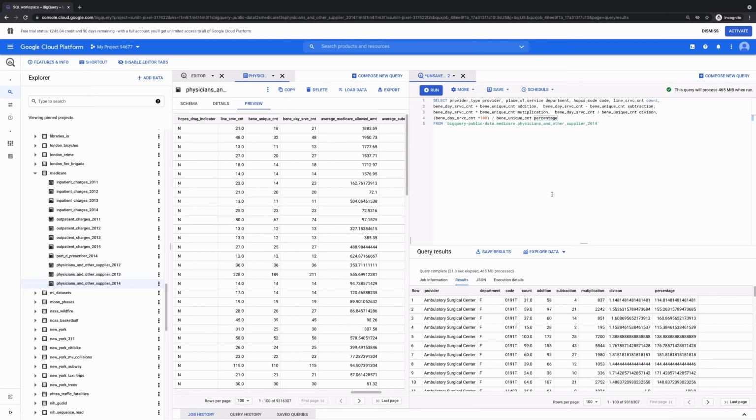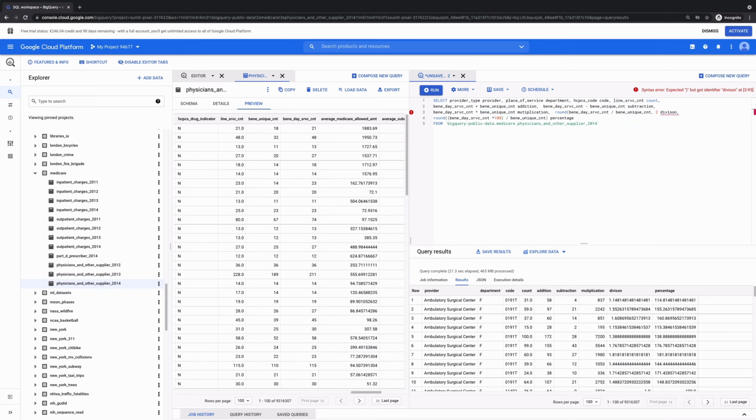To correct this, we can put a round function around the calculation part. If we put a round like this, we get a whole number. But in the second case, we can put a comma